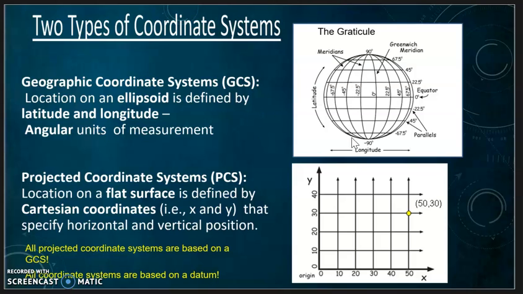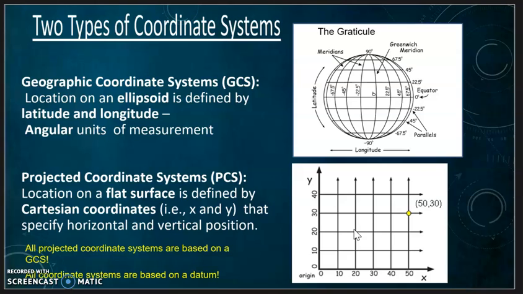You are working with the sphere and the measurements based off of a sphere to be able to locate where you are on Earth. And it's three-dimensional, where you have your projected coordinate system, which is on a planar system. It's 2D or flat, essentially, and it's based off of x and y. It can go into the negatives as well, and so you'll see that when we get more into longitude and latitude and different types of coordinates, you'll see positive and negative